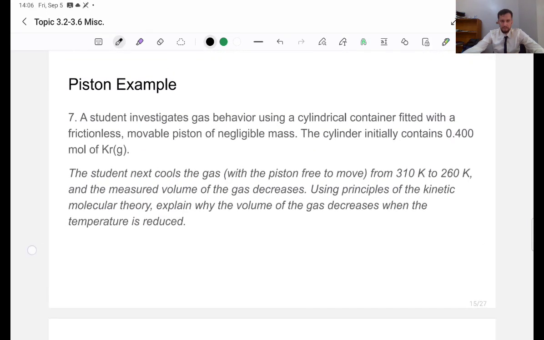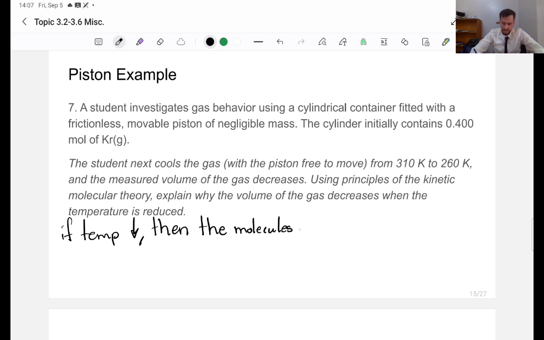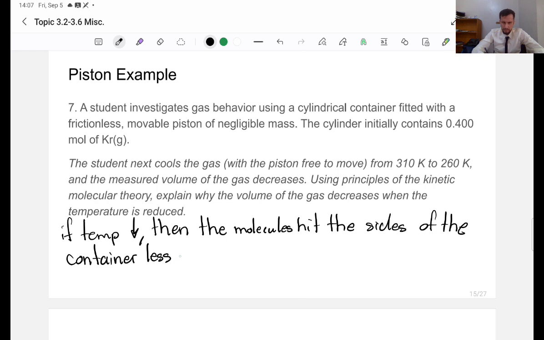Well, let me write it out. If the temperature is reduced, then the molecules hit the sides of the container less, or less rapidly. So for the pressure to remain constant,